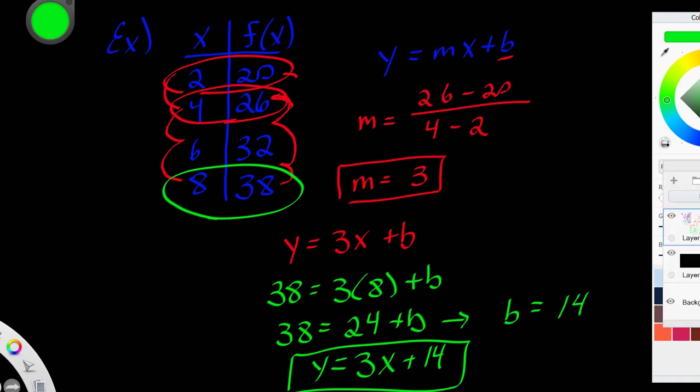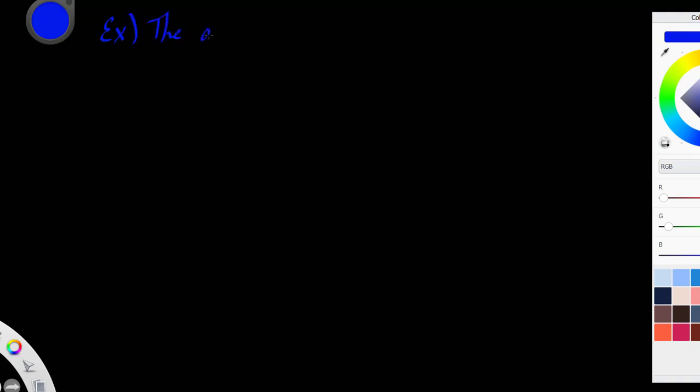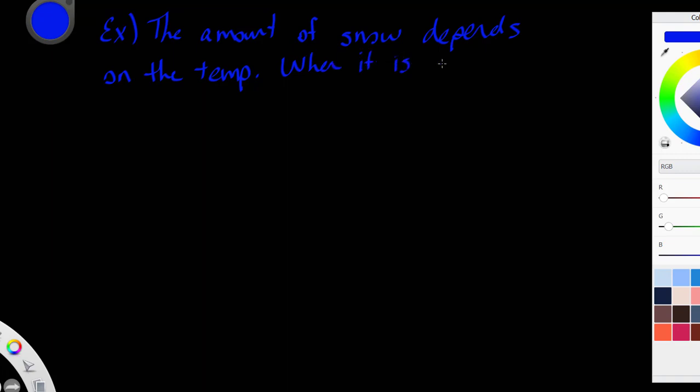Alright, we just have one more example that's going to be a story problem. So here's the story problem. The amount of snow depends on the temperature outside. So here's the information we get: when it is 22 degrees Fahrenheit, we expect 5 inches of snow,